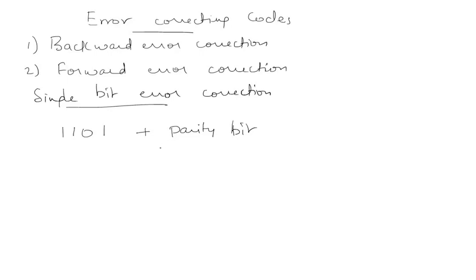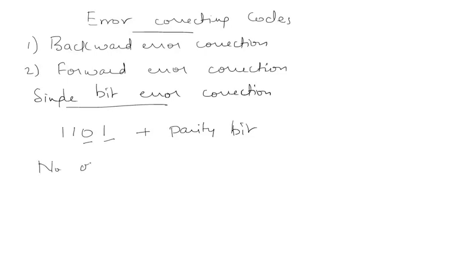For error correction, we need to know the exact position of the error. Suppose there is an error in the last bit or the other bit and so on. The position of the error has to be known so that it can be corrected. So first we need to calculate the number of redundant bits which are required for D data bits. There is a relationship between the number of redundant bits and the number of data bits.